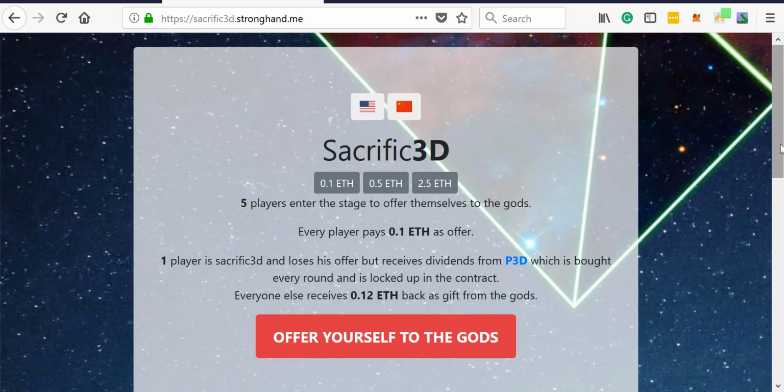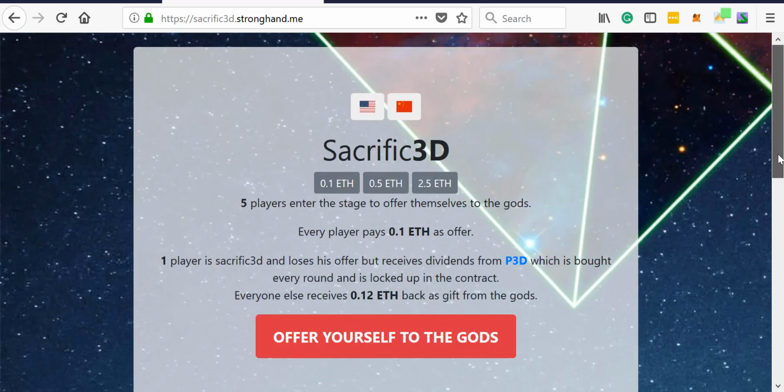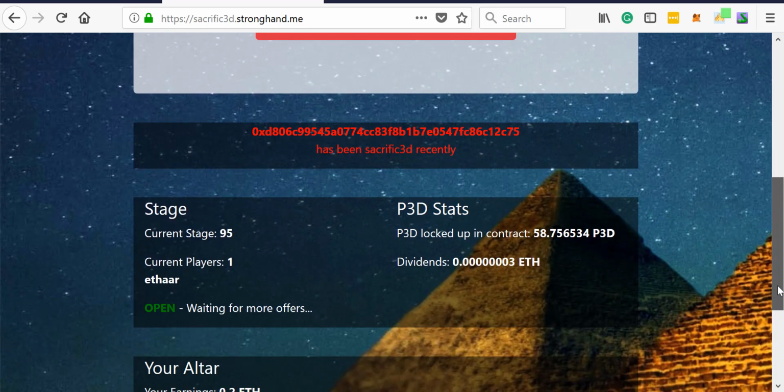So far, on the 0.1 ETH game, there are 58 tokens purchased that will never come out of the contract. They'll stay there forever, and they're earning dividends. Right now, the dividends are small because we're only talking about 58 tokens. However, the person who gets sacrificed literally wins the dividends. So over time,